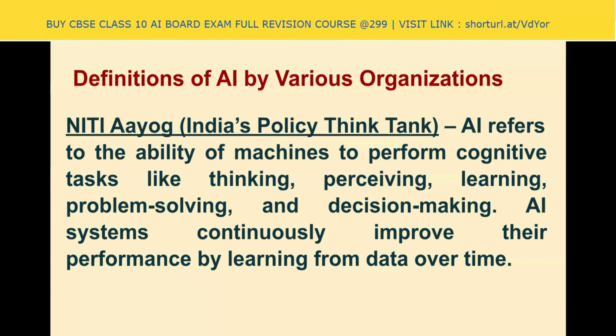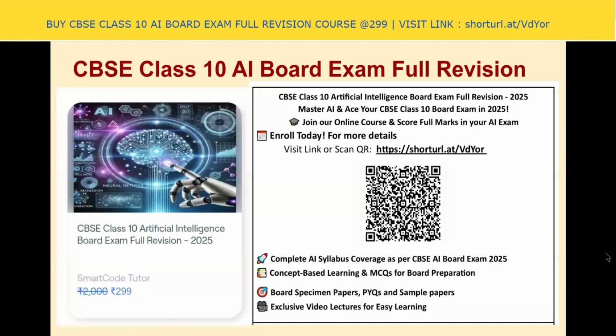So what it's saying is that cognitive tasks, the tasks which are done by the human brain, like thinking, perceiving, learning, these are the capabilities of the human brain. So AI can also improve by learning from the data, like what we learn from experiences or by getting more information, we can take better decisions. If the machine is capable of doing this, this is the artificial intelligence which can be given to the machine.